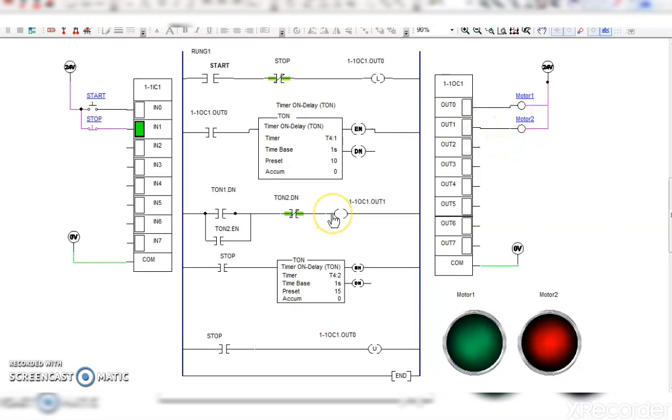Okay, now let's think about the rungs. In first rung, start switch is there, which is normally open, is this one. Stop switch is connected in series to it, and gate which will latch the output 0. Okay, means we can get idea from this that when start switch is pressed momentarily, latch coil will get energized and it will start the motor immediately.